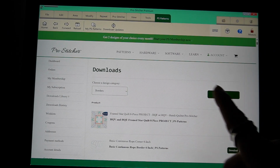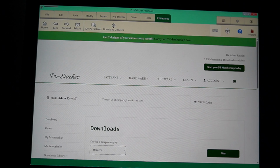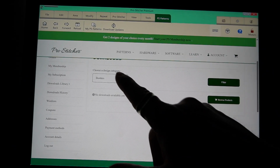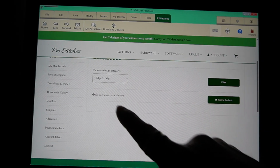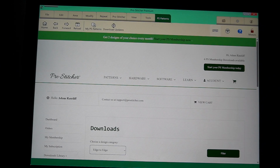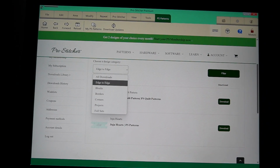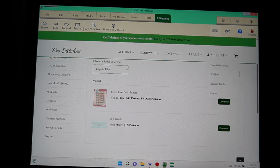They also gave us this filter, which is fantastic because you can do edge-to-edge designs. You're like, oh, I knew I bought that. If you're like me, sometimes you buy things and you forget to download them. So I don't have any borders. So let's see if I have edge-to-edge ones. I was really excited. I thought it was going to take me straight to my rope design. Oh, you know what? None of these are going to come out because I think they were all prior to,